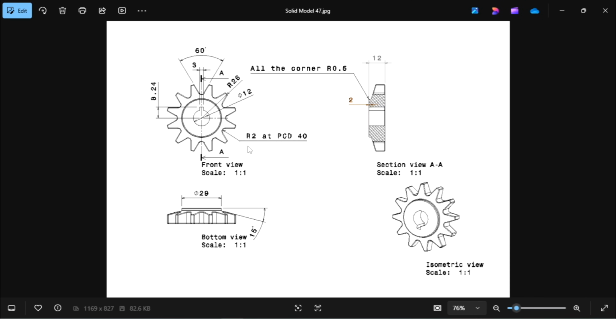The PCD for the tooth is 40, the root radius is 2, the half diameter is 29,